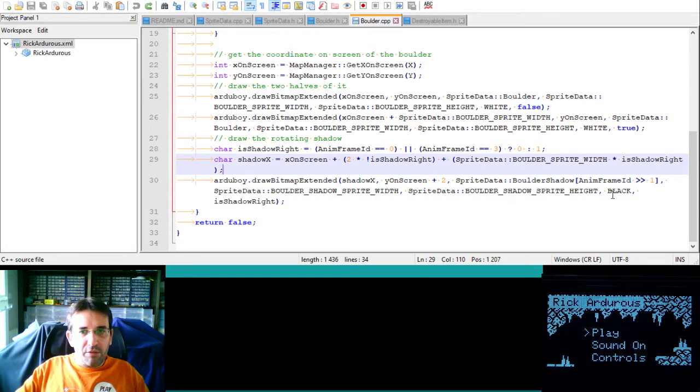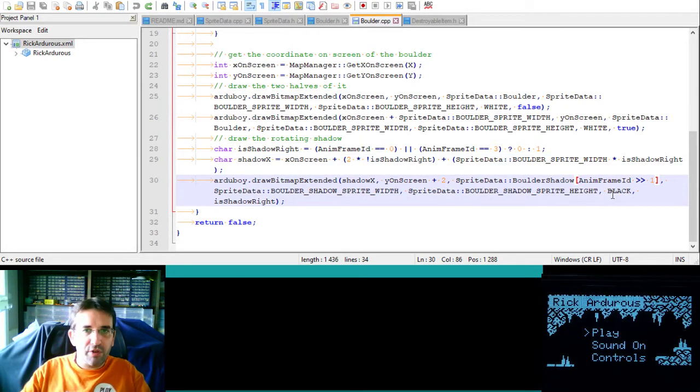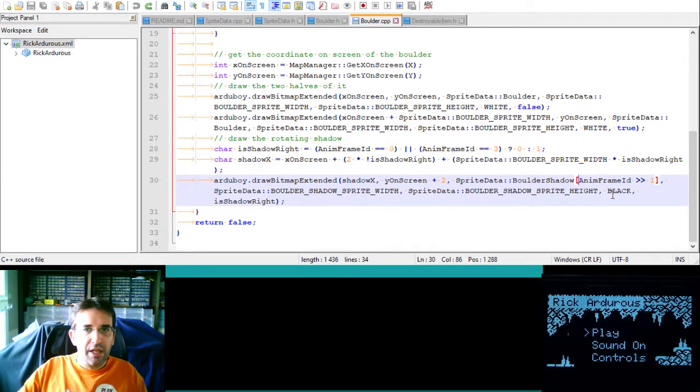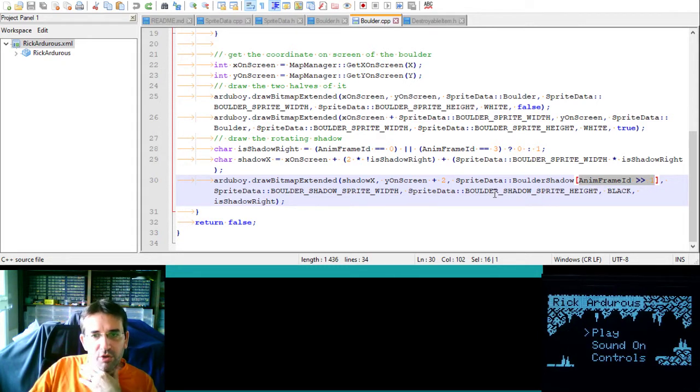And then after I got my correct sprite drawn, I noticed there was still some problem about what it was drawing, so I fixed that also. So basically the sprite ID is this one, the anim frame ID. I shifted by 1 because I just want to divide by 2, which means the frame ID can be 0, 1, 2, 3. Okay, we have 4 frames, 0, 1, 2, 3, but actually we only have 2